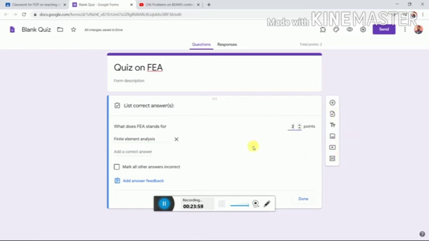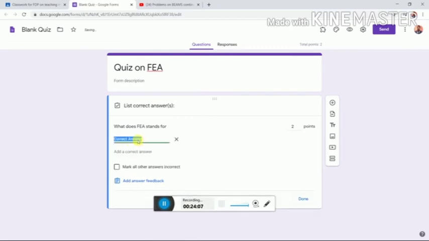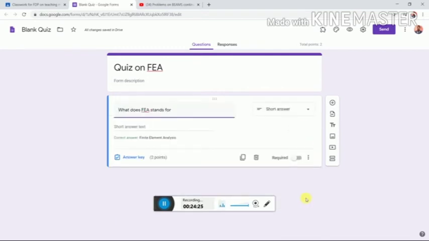Like this you can add it, and once the correct answer is added, if the student properly writes this answer, then only he will get the 2 points automatically. Done. Okay, short answer.